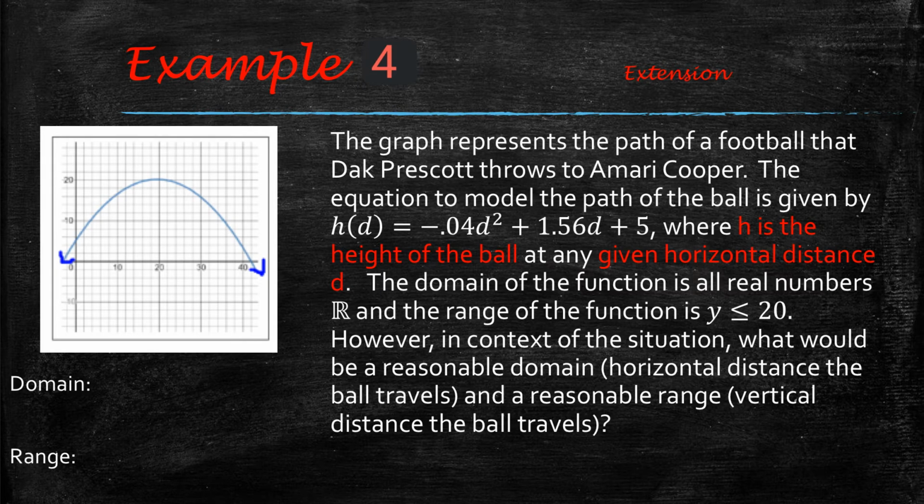Okay, this last problem is an extension problem, so it requires you to think a little bit. It says the graph represents the path of a football that Dak Prescott throws to Amari Cooper. The equation to model the path of the ball is given by h of d equals -0.04 d squared plus 1.56 d plus 5,